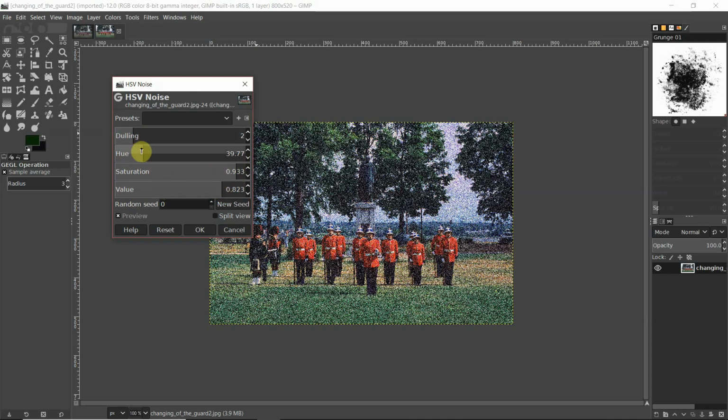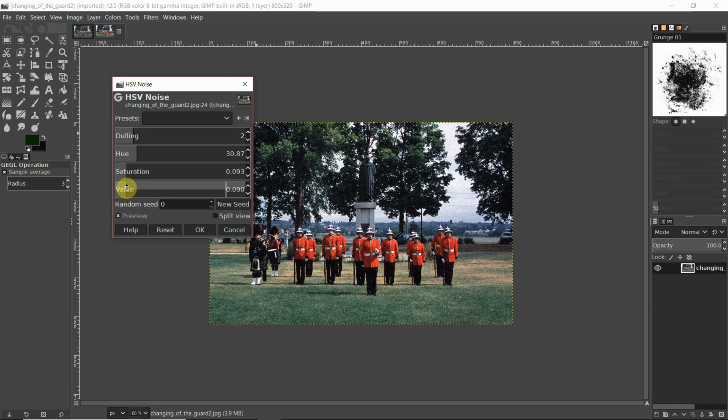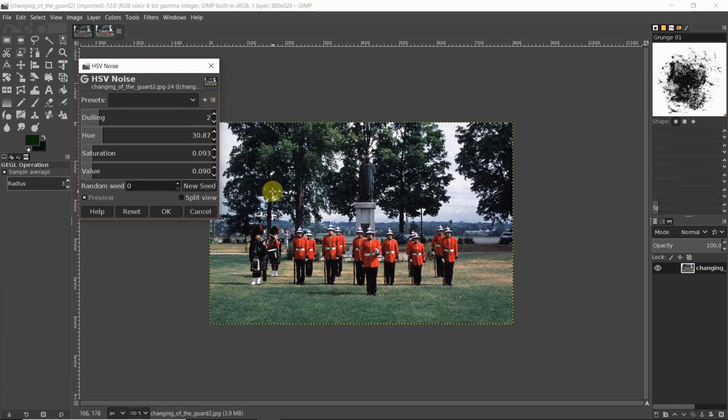Alright, so what I want to do is set my hue between 0 and 40. Yeah, it's at 39. I'm going to bring it down a bit. I think 30.8 should be fine. Saturation goes all the way up to 1, so 0 to 1. But that's way too much. So we're going to bring it all the way down to about 0.93, which should be about good. And value, we're going to bring that down as well. So 0.87. So you can see now that it looks kind of grainy, but it doesn't look overwhelming like it